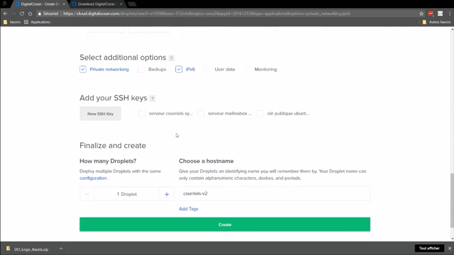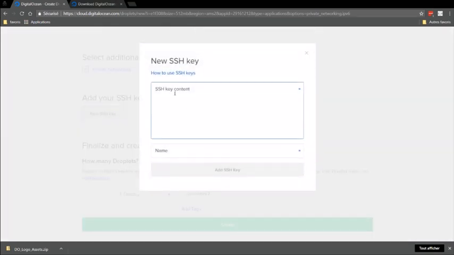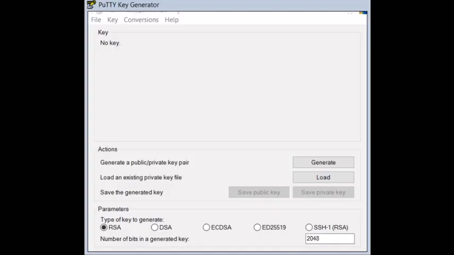The option that is very interesting for this video is here to add an SSH key. So if I click here, I'm going to add the content of the public key that we are going to generate with PuTTYgen. So now I show you on PuTTYgen